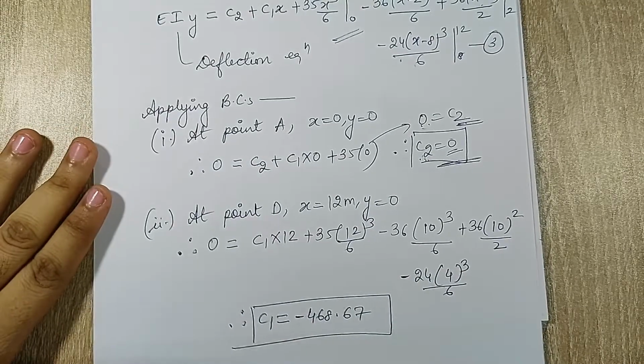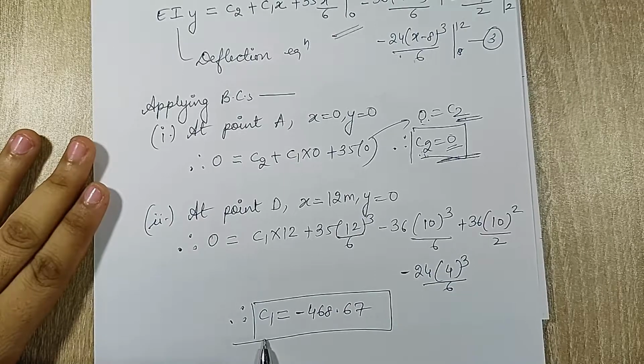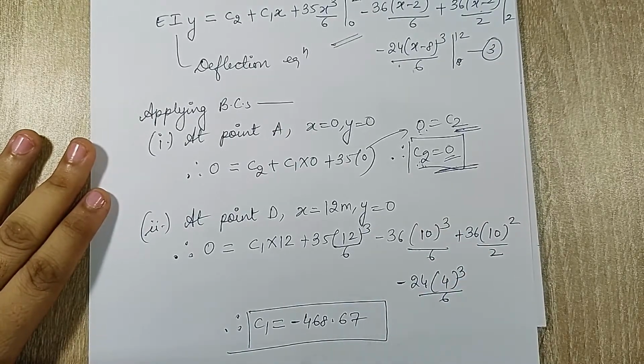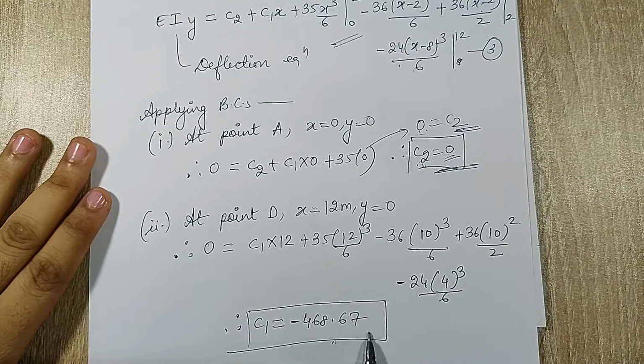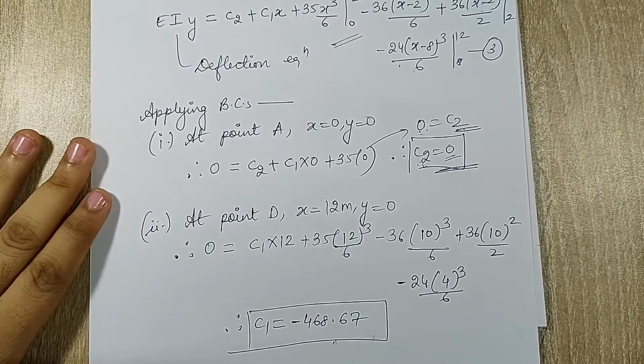Now, here I want to again discuss another thing. Does this constant C1 have a unit? This is something which is very important. Generally, in all the textbooks, you will see the value of constant written as 0 or minus 10, minus 40, minus 50 for C1. But what about the unit? Does it have a unit? This is something which you need to reflect upon at this point.